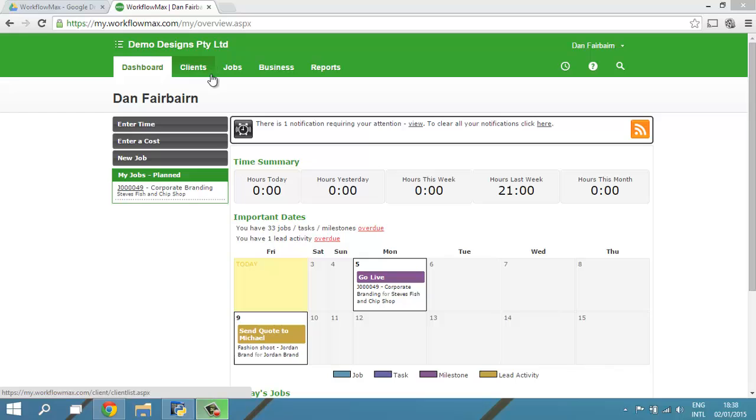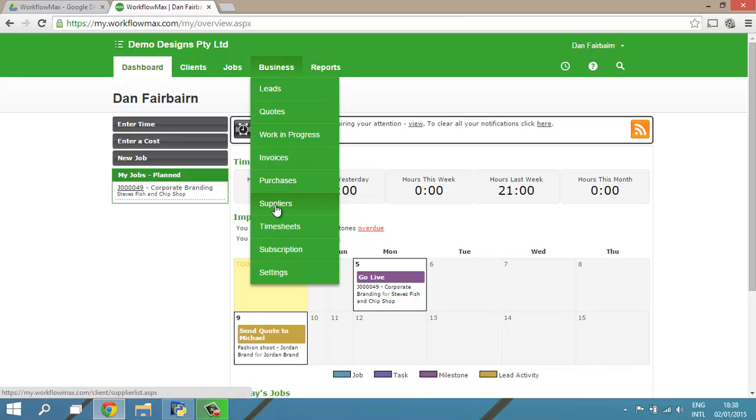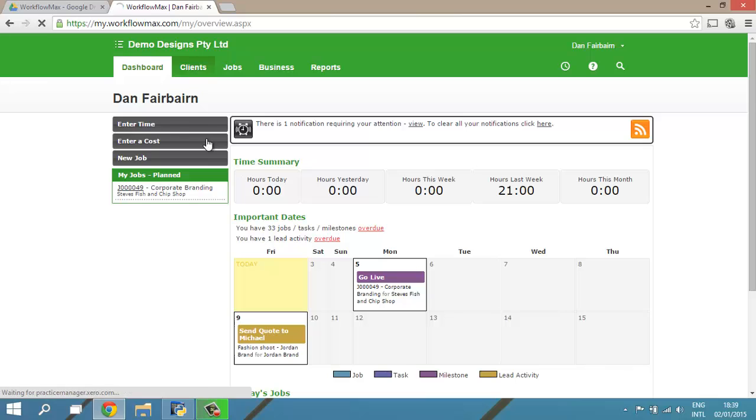So I want to just look at the client and supplier areas of WorkflowMax. So we're on the dashboard here in the new interface. Clients live just up in their own little area here, and suppliers are under business and then suppliers. So if I go into clients,